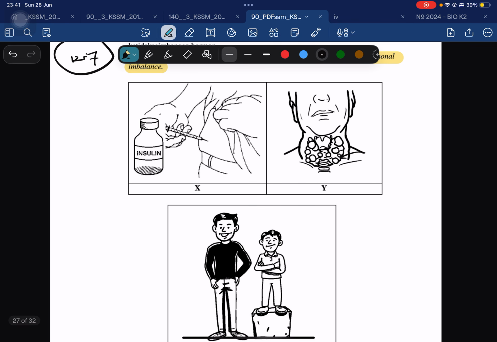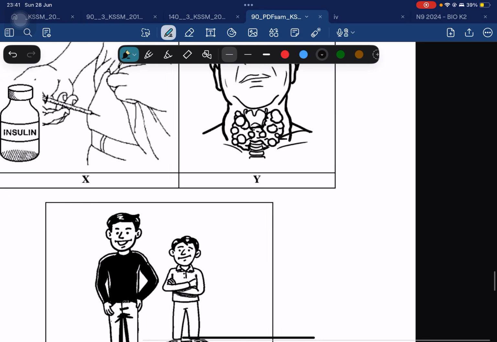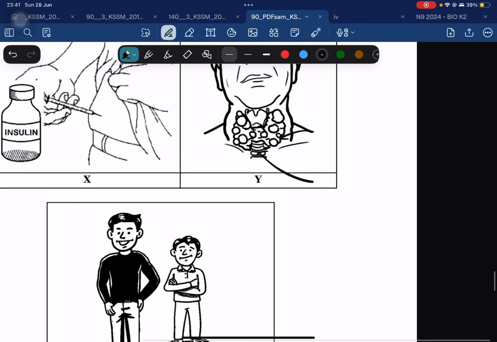So first dia bagi 3 gambar. X adalah insulin. Lepas tu there will be an injection of the insulin into the patient's body, is it? And then Y, what is this? This is the thyroid gland actually. This is the thyroxine, is it? Trachea. So dia punya gland dekat sini, bahagian sini tau. So thyroid